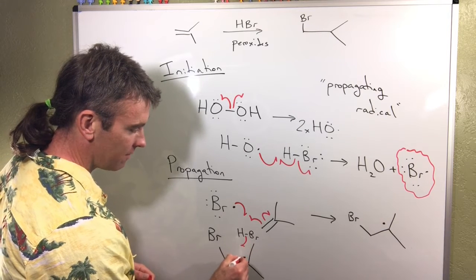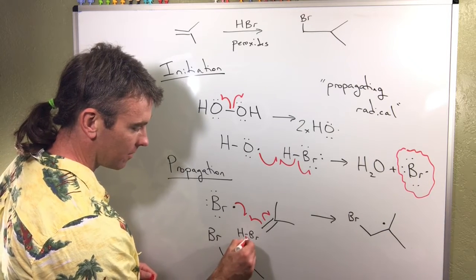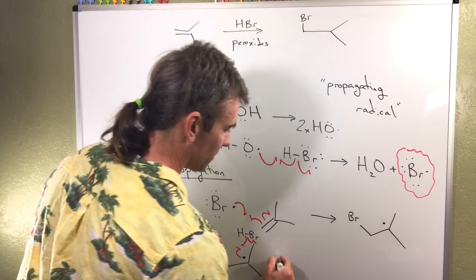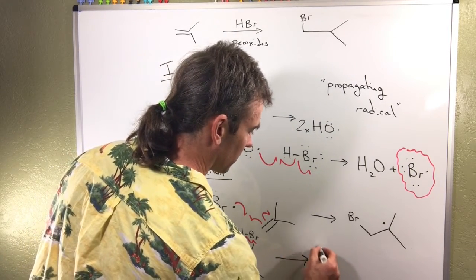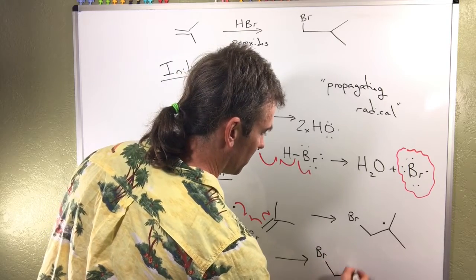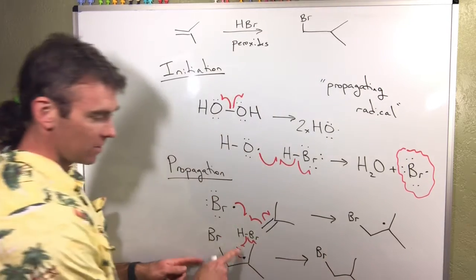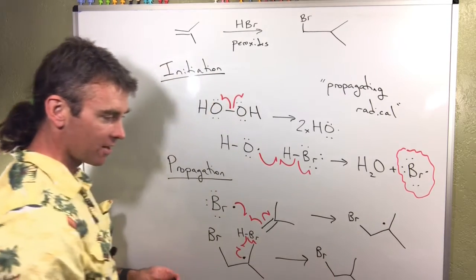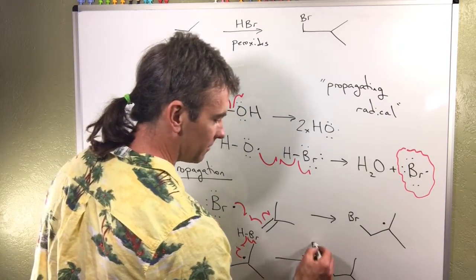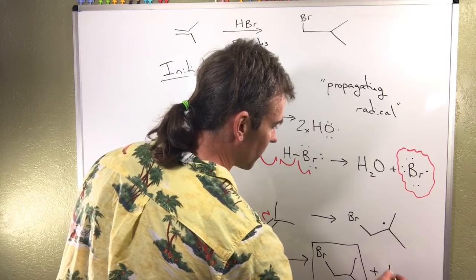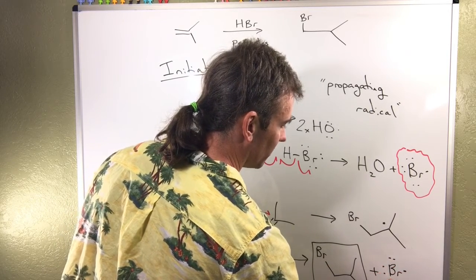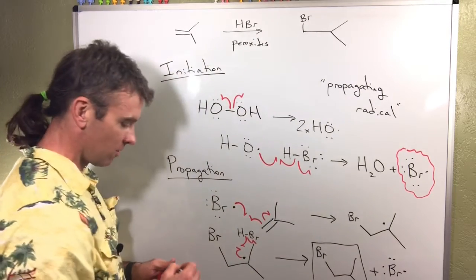And we're going to reform our propagating species, and we're also going to fish our final product out of the mix. Right? So you can see that I've put the H on there now, so there's no longer a radical. This is our product. And then, of course, we form more of our propagating radical,